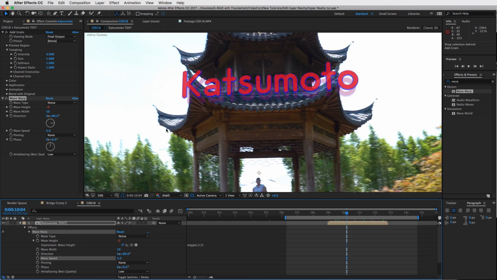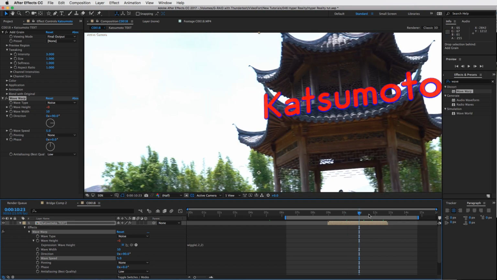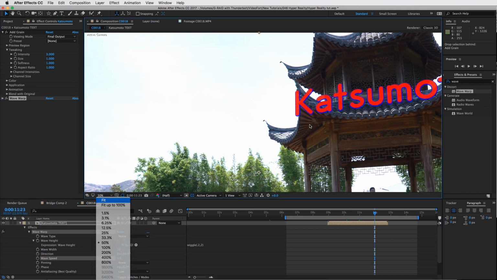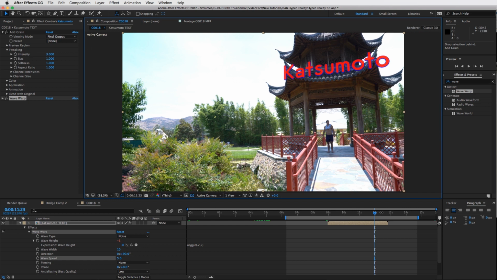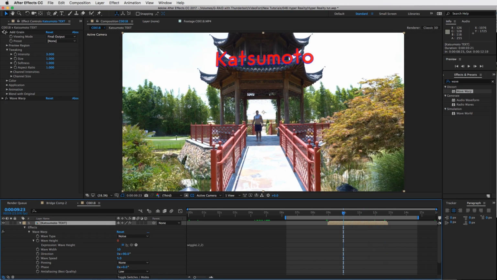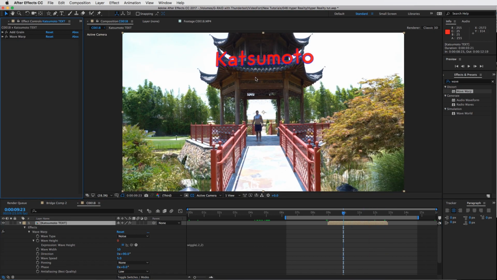Let's see. You know, 5 can probably be too much. I'll go with 2, and then that looks better. You know, you don't want to mess up the effect too much, but this wave warp adds something to the look, which is what we like. Okay, cool. So we've got our text on there, and now one more effect I'd like to add to our